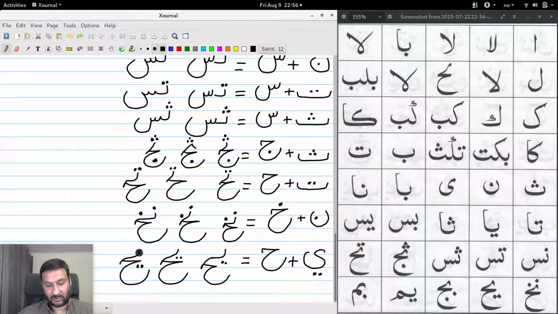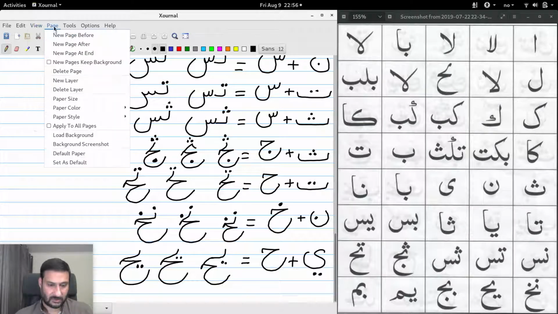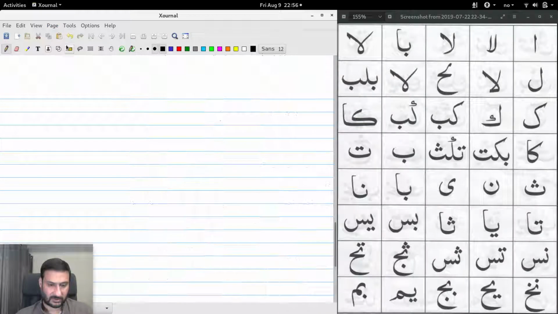These two dots belong to this small little vertical line with the lam-like construct here. This is ha. All right, let's move on to the next page, and then we have